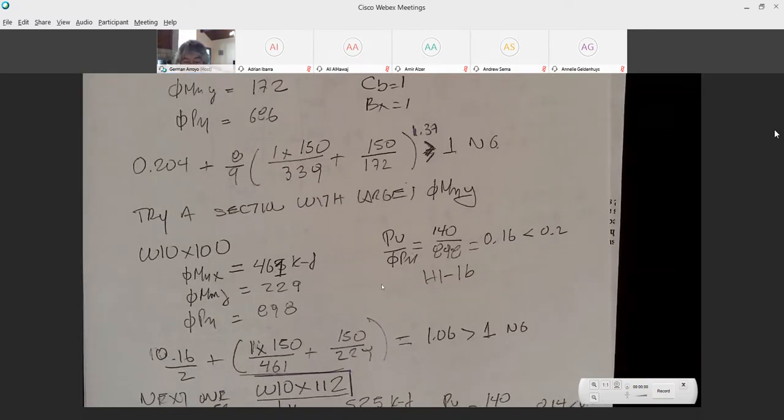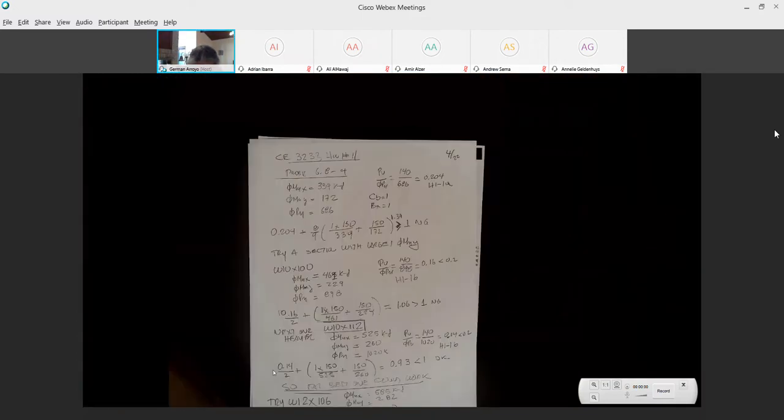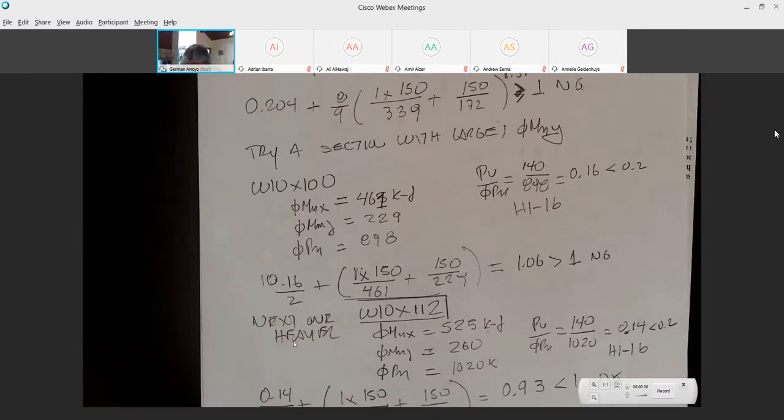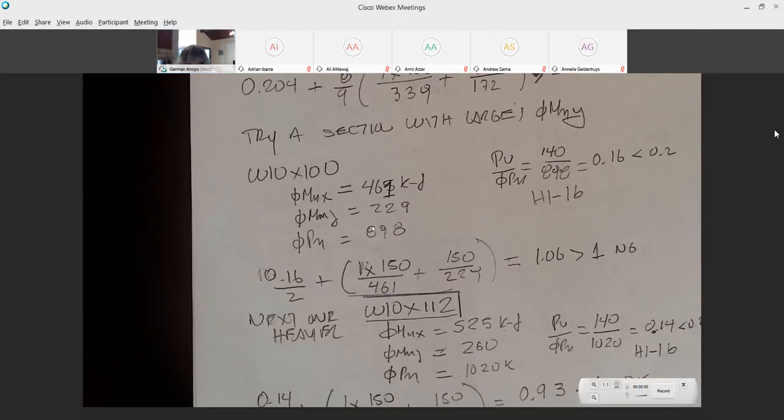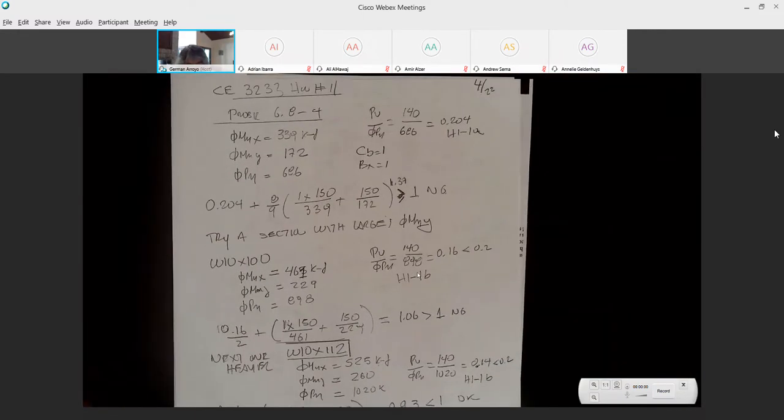So the next equation, H1-1b, controls. This is the first time H1-1b controls. It means physically small Pu, large section phi Pn. Very little column action, a large moment. So in here, the equation doesn't have the 8 over 9 and is Pu over phi Pn divided by 2. So the equation H1-1b, the control,